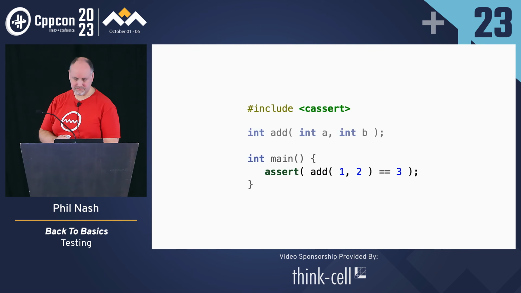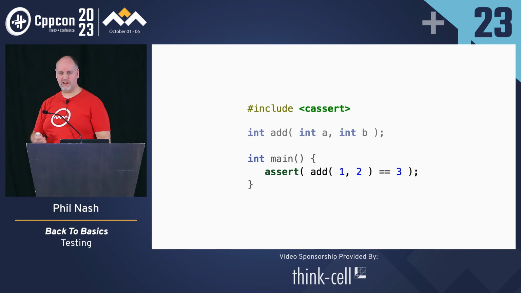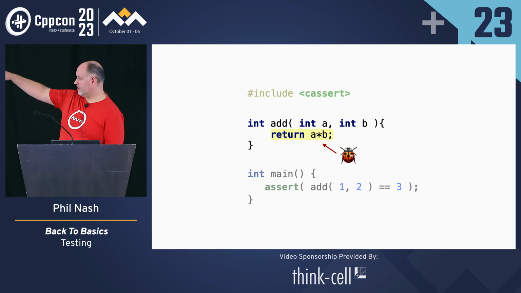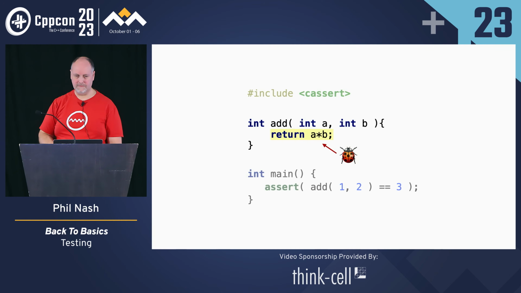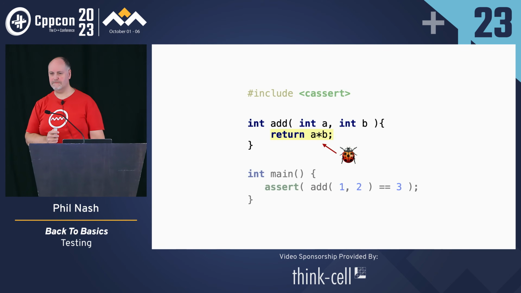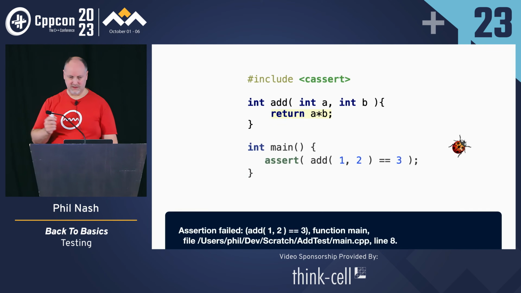Okay. What happens if this test fails? So let's actually introduce an implementation. We'll put a bug in there just to see it fail. Now, if we run this, what will we expect to see? Well, when I put this slide together and I ran it on my machine, this was the output that I got.